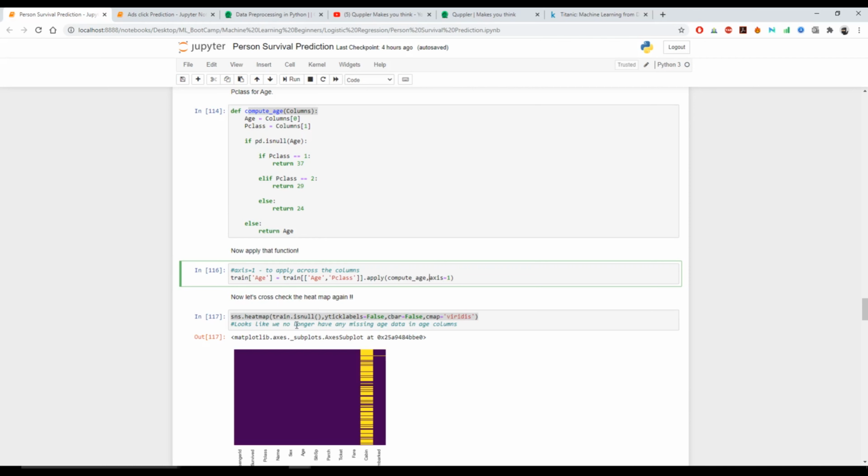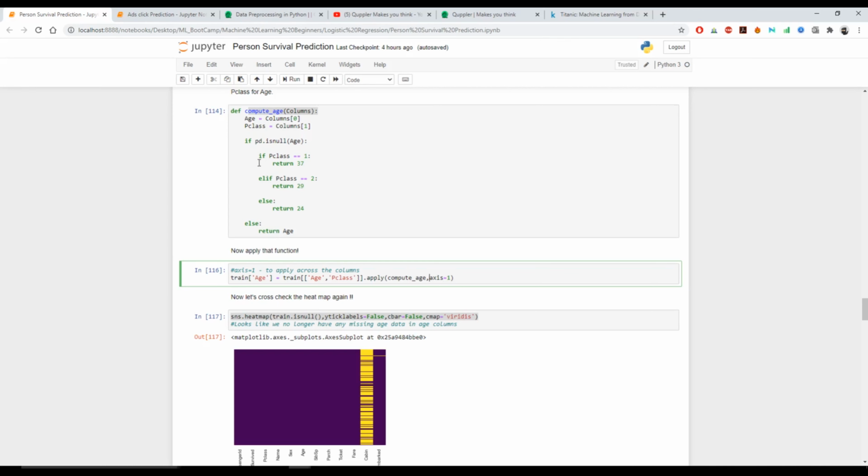Once we had that, we did exploratory analysis on the data to find the missing data. Then we did visualization against each column to see how many people survived based on gender, how many survived based on class, and how many survived based on age.